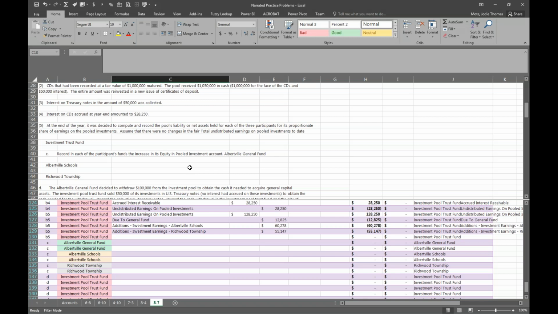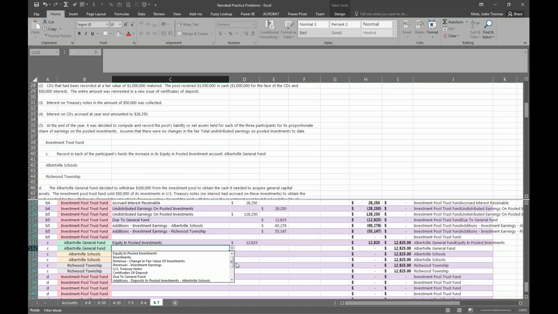record each participant's funds, the increase in the equity in the pool. We're going to record the flip side of this same entry in the individual funds account. Okay, so for Albertville General Fund, we're doing equity in pooled investments just like we did earlier when we recorded the initial investment, and it's revenue,